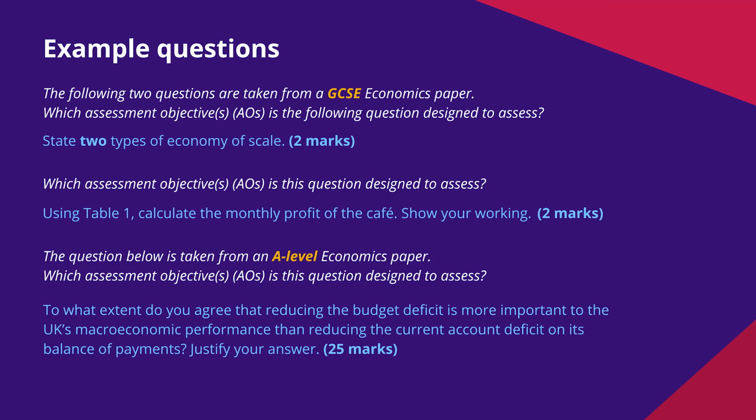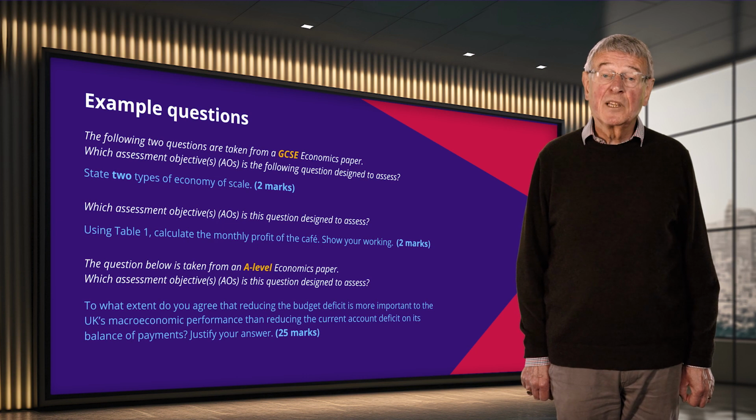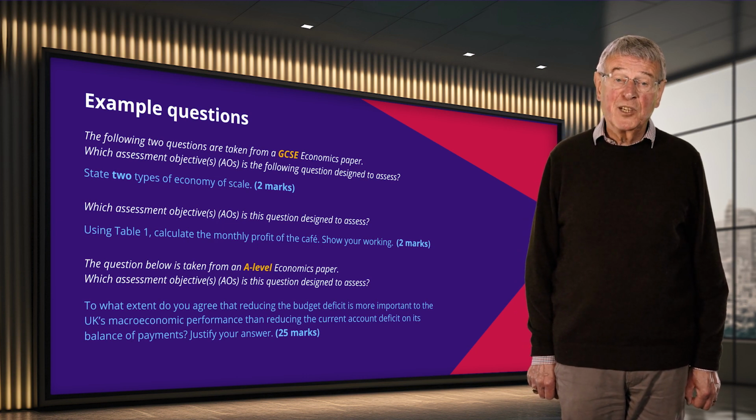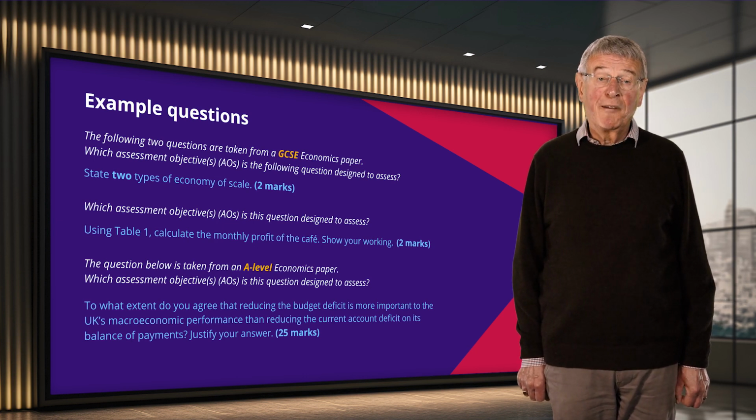The question below is taken from an A-level economics paper, and which assessment objectives is this question designed to assess, do you think? It says, to what extent do you agree that reducing the budget deficit is more important to the UK's macroeconomic performance than reducing the current account deficit on the balance of payments? Justify your answer. In this case, it will assess all 4 assessment objectives, in that students will be rewarded for knowledge